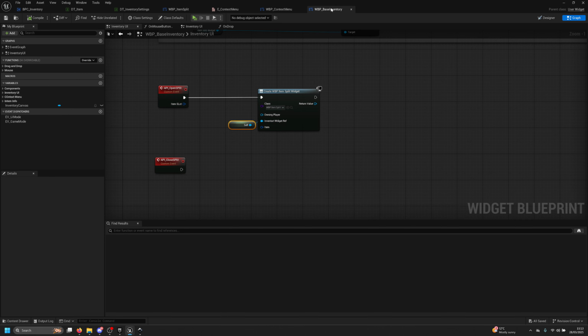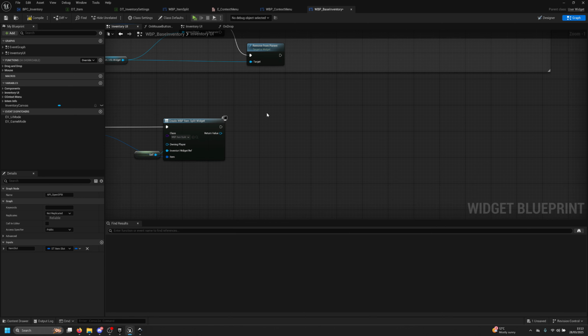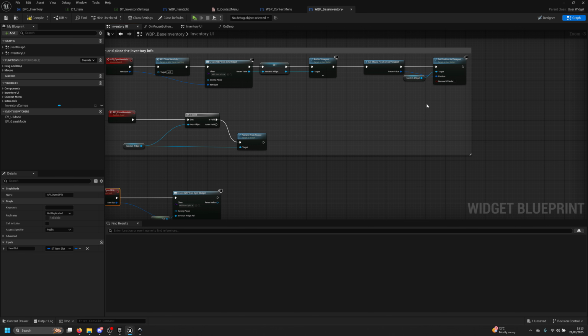Now we're going to go back to the base inventory. We need to pass the inventory item, right? So we need to pass it there. So I'm just going to call this item slot. I don't know why it's coming up with the same name. Anyway, item slot, we pass in there. And basically, we are just going to